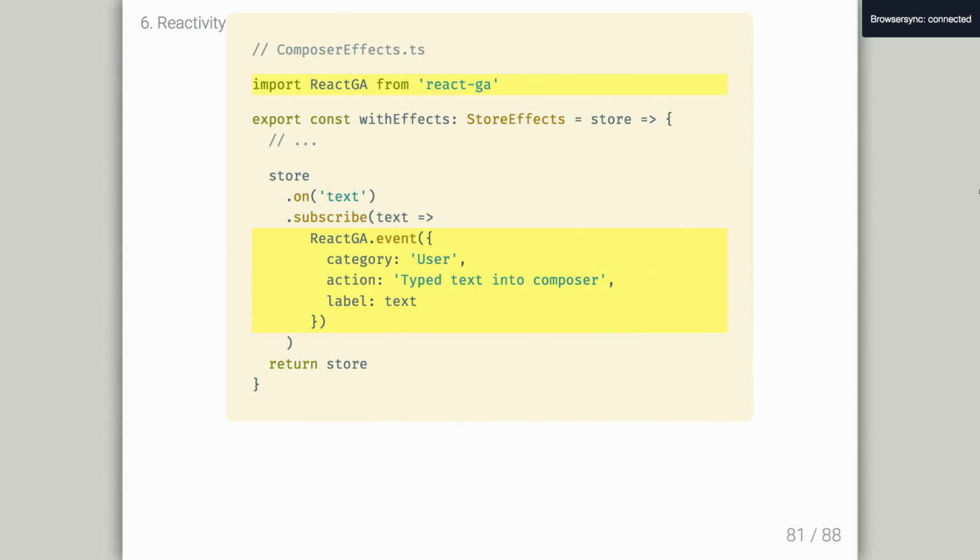And let's say I'm using React.ga. So this is like the React wrapper for Google Analytics. You might be using some other analytics service. And so what we do is anytime that text changes, we log a Google Analytics event. This is cool, right? So like if you have a bunch of logs, you can put all of this into one file, and you can look at one file to see all the analytics events that you're sending over. There's a single source of truth.